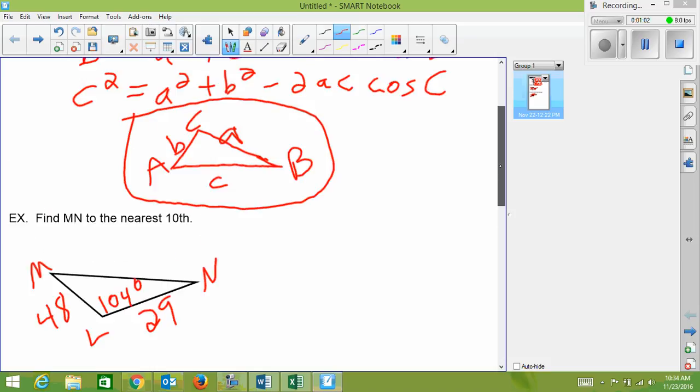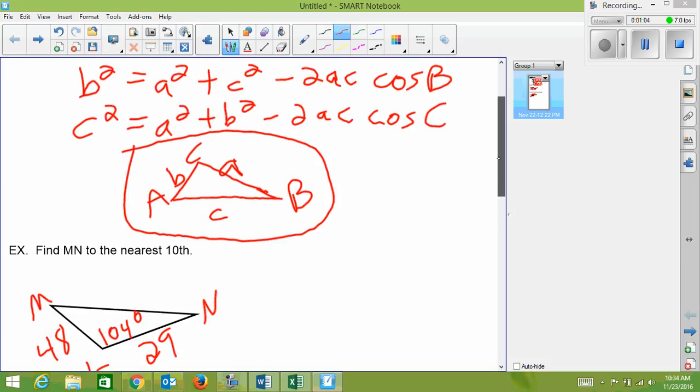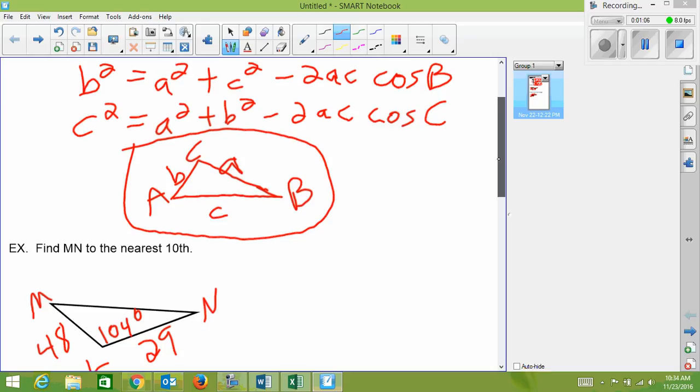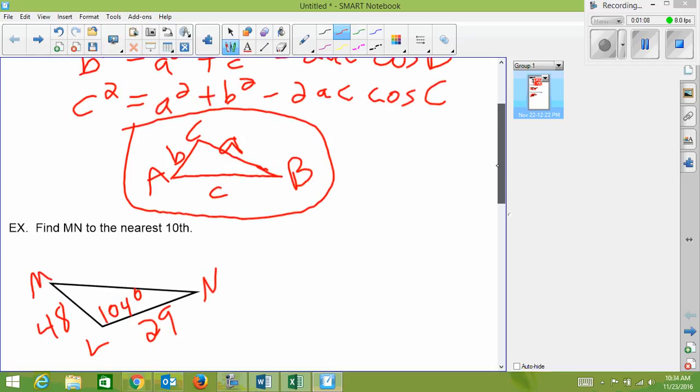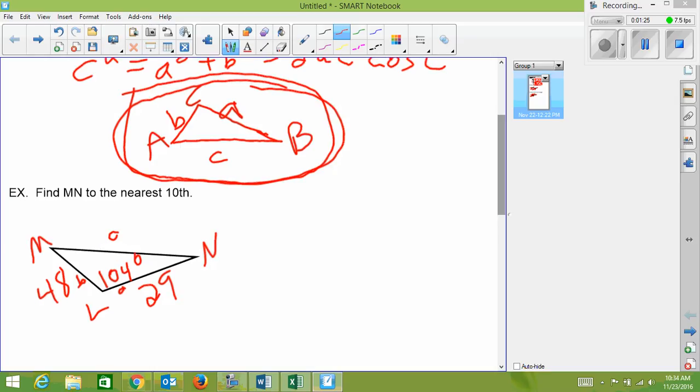The first thing I'm going to do, just because I want to relate it back to this triangle and to these formulas, is notice that c is your longest side, so I'm just going to put c in there just to keep it straight in my mind. This would be b and this would be a, according to this picture. I'm going to keep that in mind while I'm going through here. And so if that is side c,